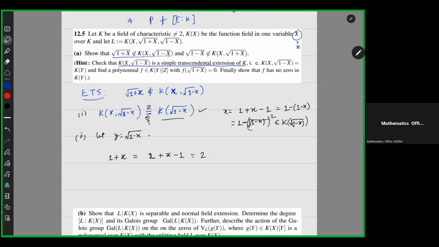This is nothing but 2 minus (1 minus x), and this is nothing but 2 minus y square, because y square is 1 minus x. So what we have here,